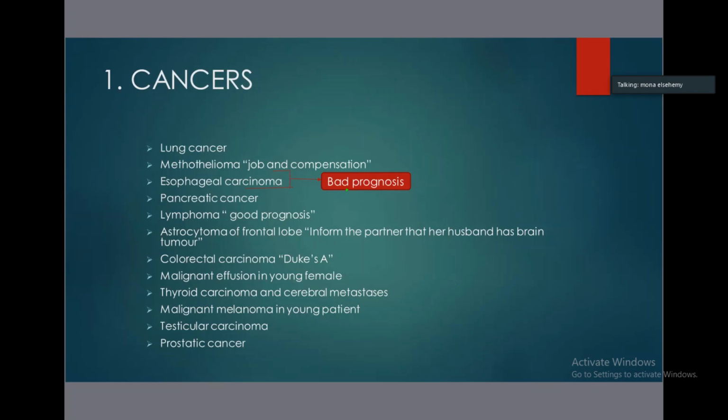Usually, if there is metastasis, this means you have to raise the issue of end-of-life care and palliative treatment in cancer. Also in small cell lung cancer, which is an aggressive type of cancer with the worst prognosis. As mentioned, it is a contraindication for surgery. This is very important.